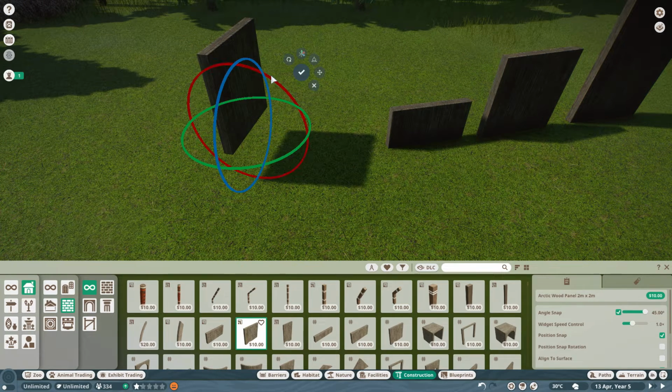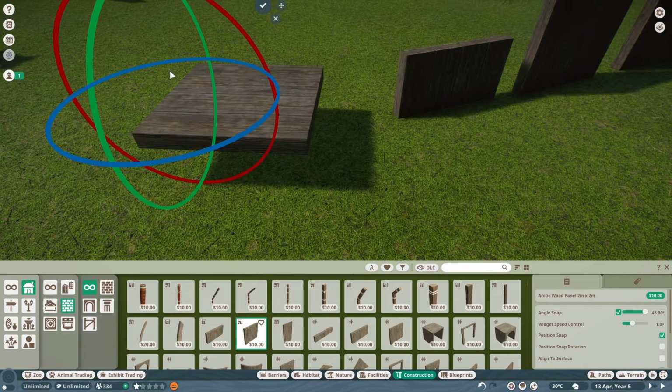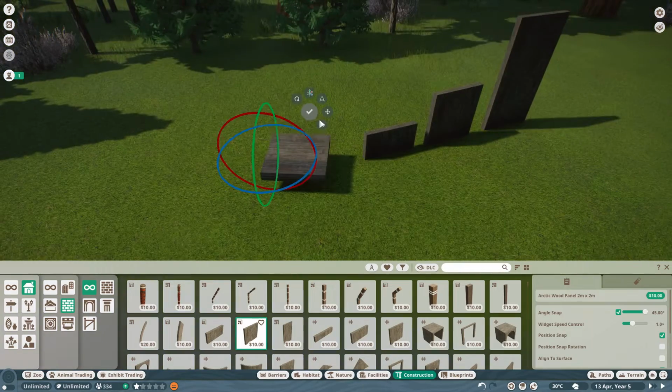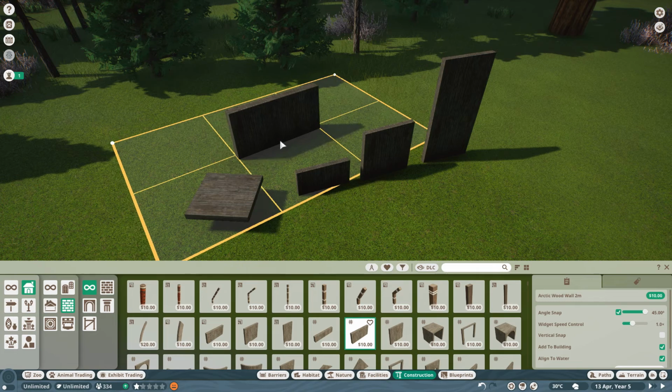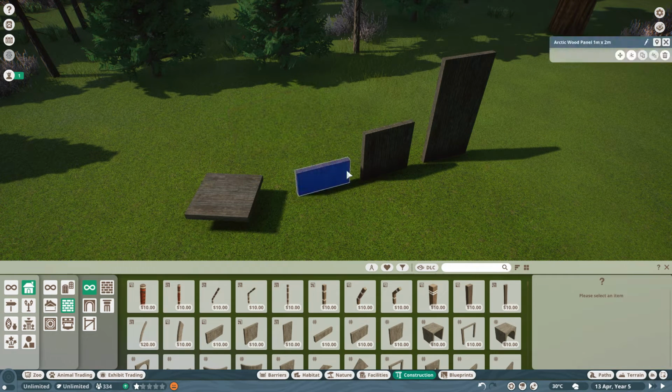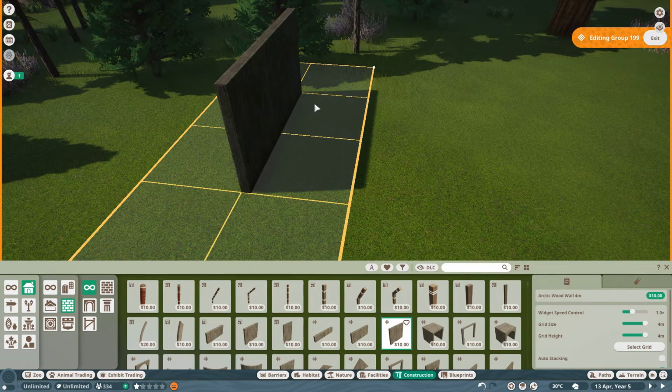If we go to the advanced move with the X key while I have the piece selected, I can just rotate it twice and I will go from vertical to horizontal in no time. That's basically the non-grid piece. You can also combine grid and non-grid pieces in the same building. Let me show you. I'm going to start building this like this. I'm going to build this